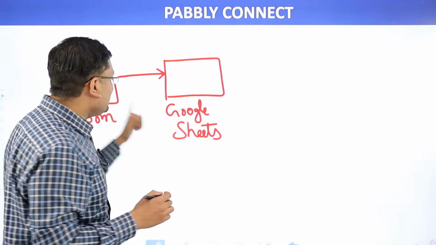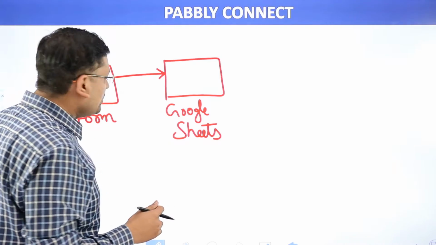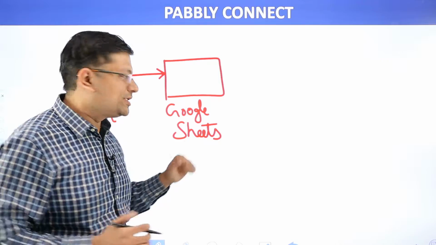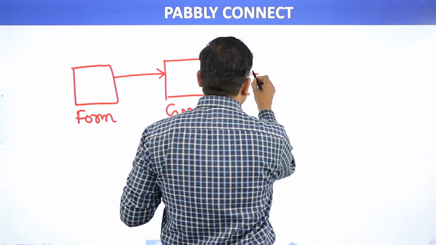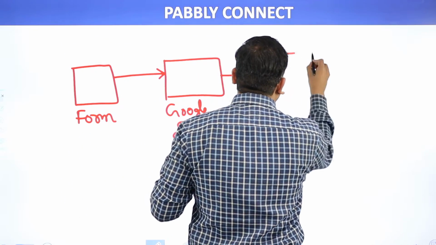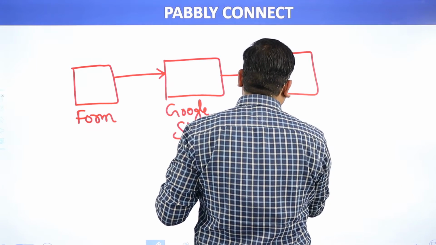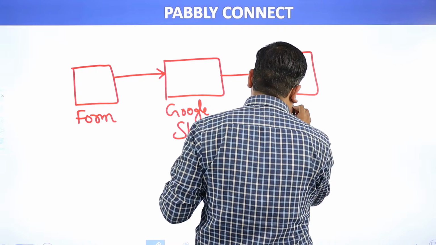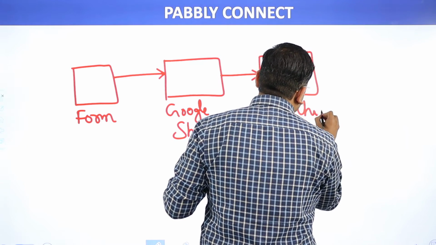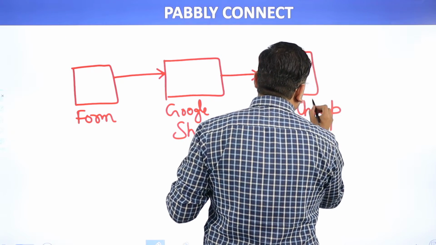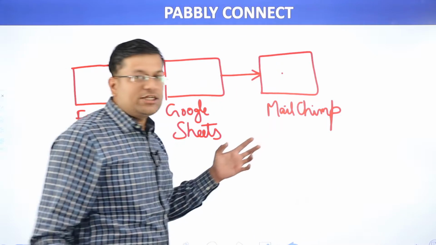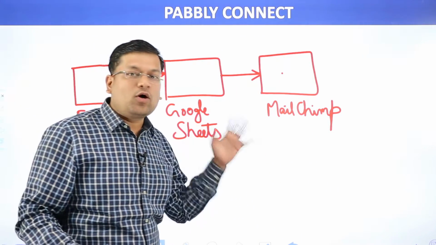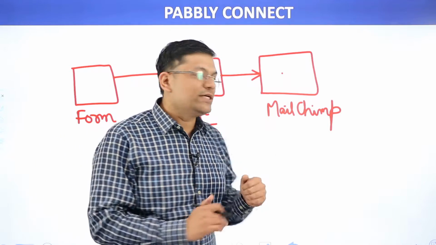So this is your second thing that you really want. Whenever there is a new lead inside the form, you want to show that specific lead inside Google Sheet. Next, once you do that, you also want to send that lead to your email marketing platform, and it can be anything, so I'll just write MailChimp. Once that is done, you want to send the lead data to MailChimp, and effectively this is the complete automation workflow that you want to execute.